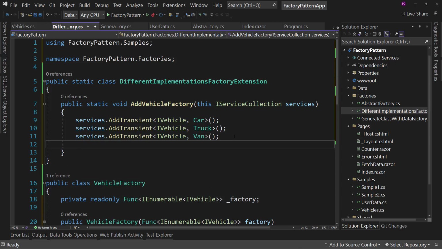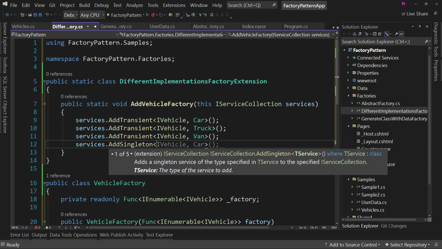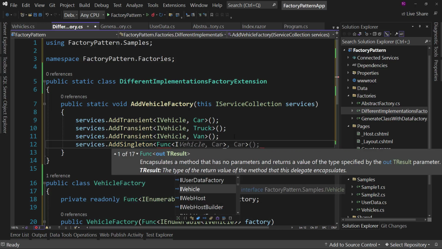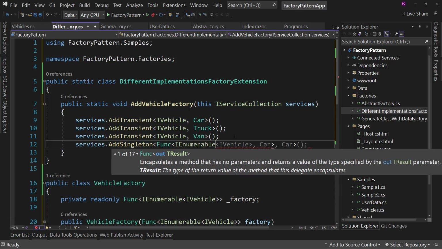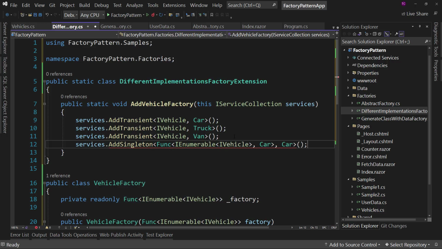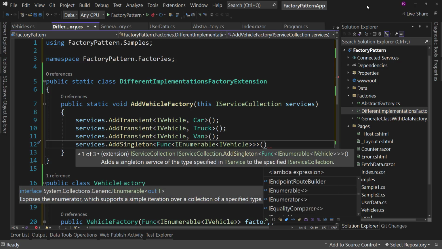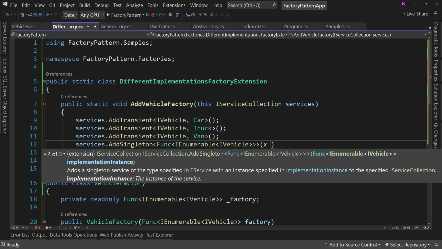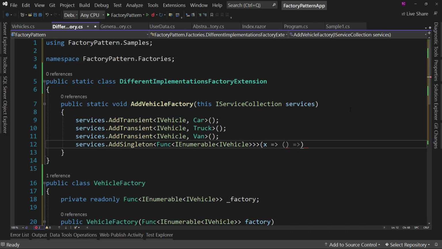Now we can say services.AddSingleton. And it's a Func of IEnumerable of type iVehicle. Nope. IntelliSense or IntelliCode actually got ahead of me there. So it's a Func of an IEnumerable of iVehicle, which means I need three closing angle brackets. And then I'm going to say, let's unpin this, we have a little more space, x arrow, open close parens, arrow,